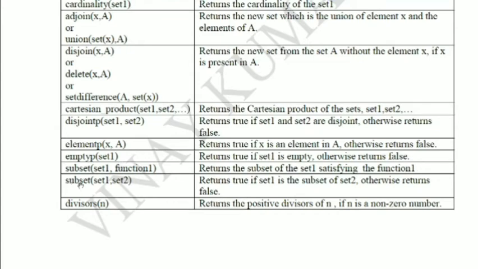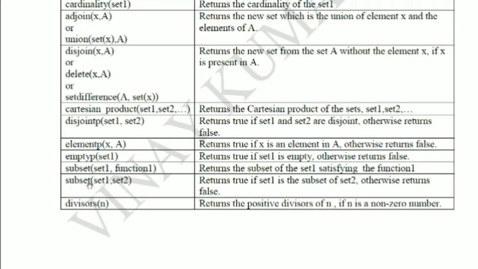Then what is this command? Subset of set 1 comma set 2. Actually, this is subsetp. Sorry, here p is missing. Subset predicate. This is not subset.